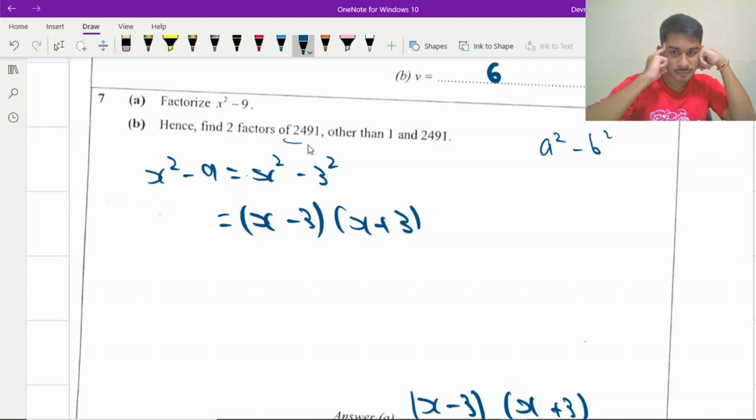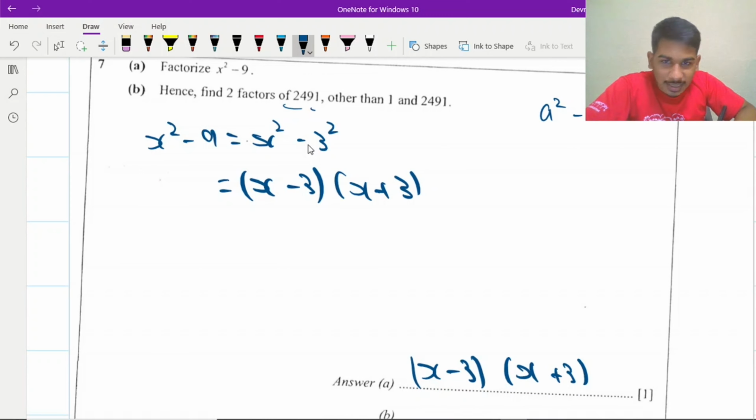they're saying 9 for some reason. So we need to use that idea of 9. Oh, okay, to use the idea of 9, this is 9 less than 2500. And 2500 seems like 50 squared or something like that. Let's try. It's actually 2491 is the same thing as